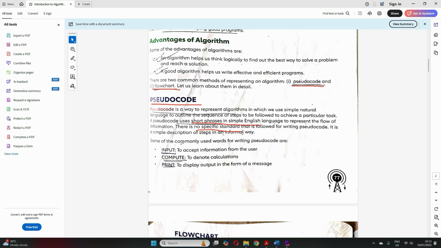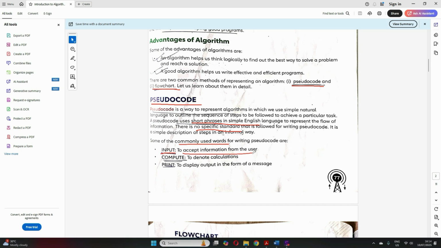Clear? So let's see some commonly used words. One is input. Suppose you have to add two numbers, right? For adding two numbers, we have to input those two numbers, and then you accept those two numbers from the user, correct?